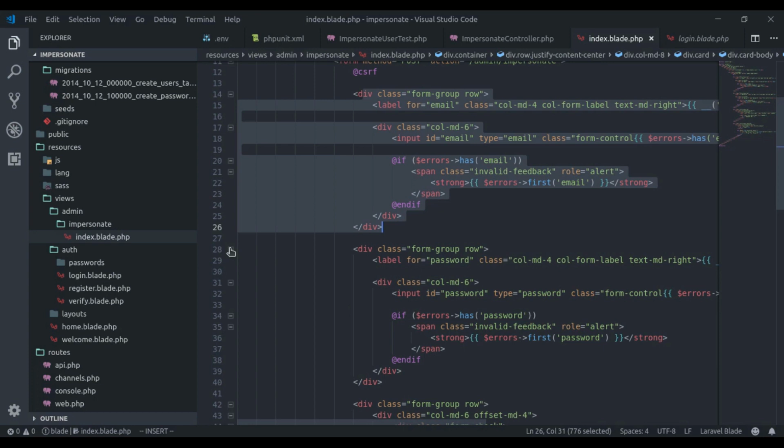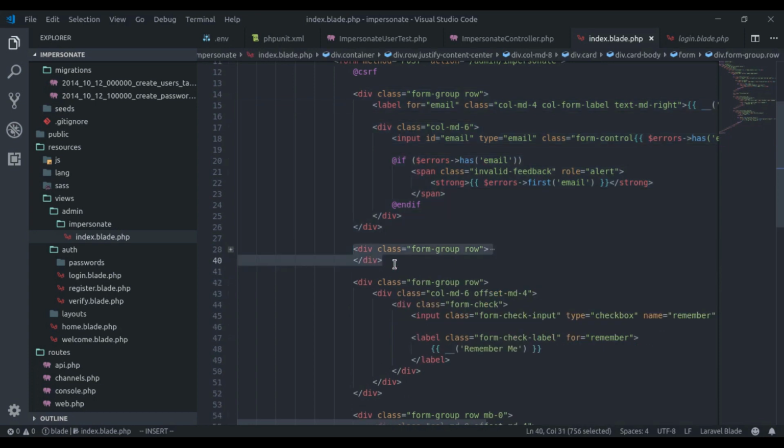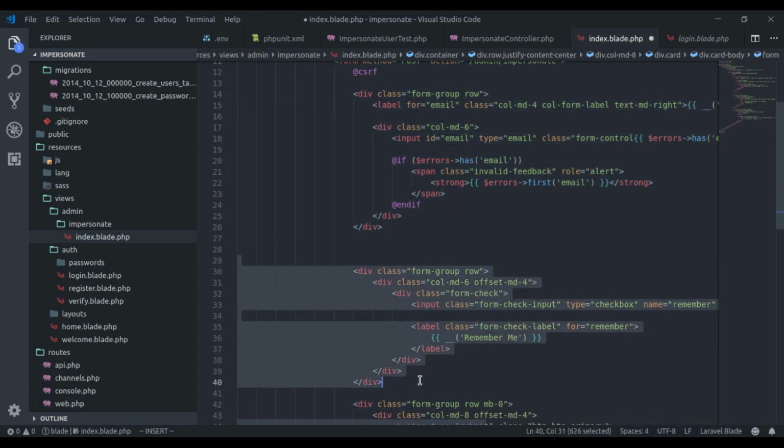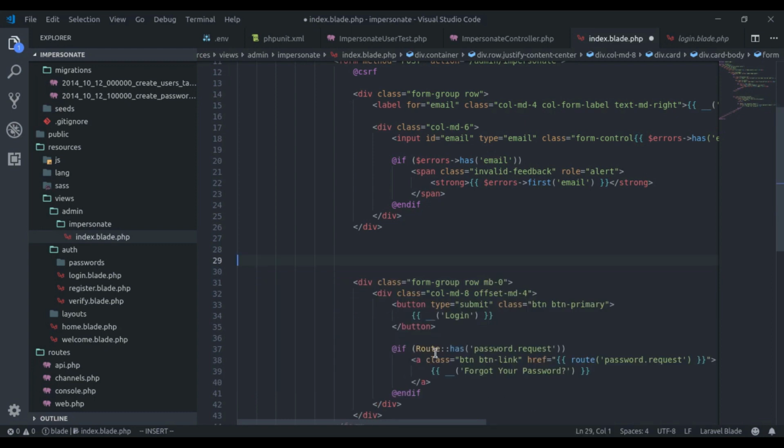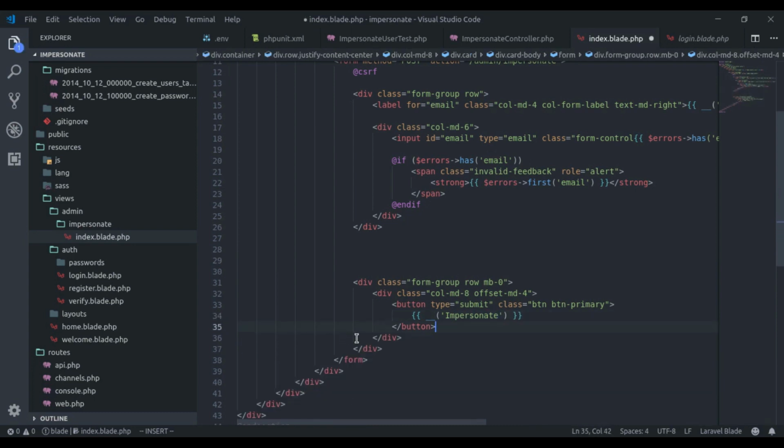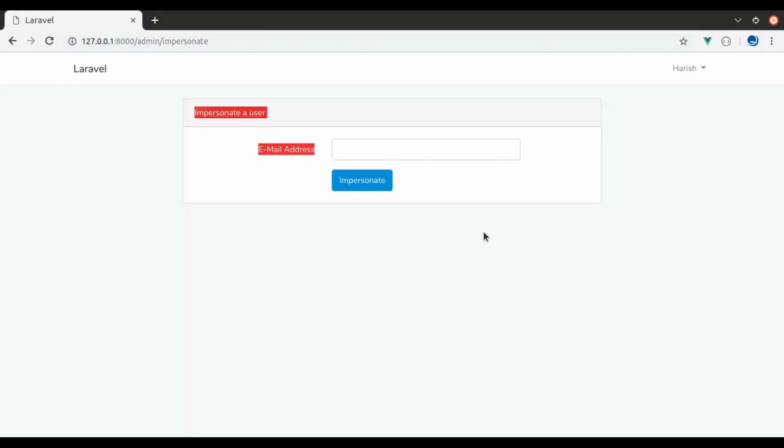Next, we don't need this password field, so delete this. And we also don't need this remember field. Next, here we say impersonate on this login button. And we also do not need this. Let's see this in the browser. Hit refresh. And this is pretty much our form.